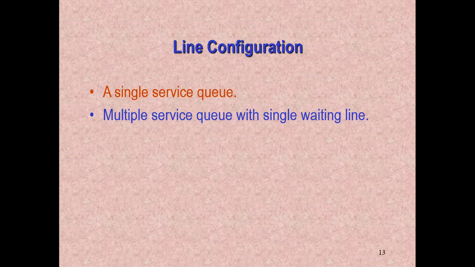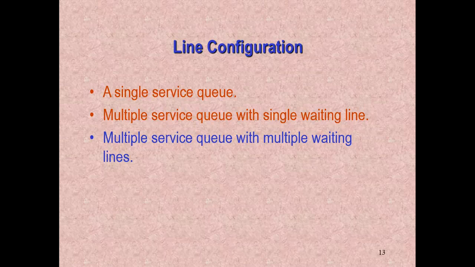Multiple service queues with a single waiting line. I don't go to the banks much anymore because of ATMs and online banking. But a lot of times banks work that way, right? You're in one line, maybe they had 4 tellers, and they say, I'll take the next person in line. Okay, that would be an example of multiple service queues with one waiting line. You guys understand, they used to have the ropes. Banks kind of changed from that a little bit, but that's where they were at one point.